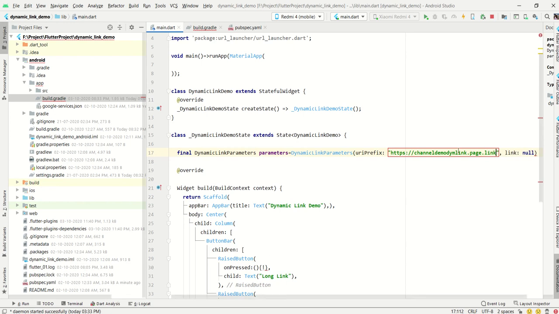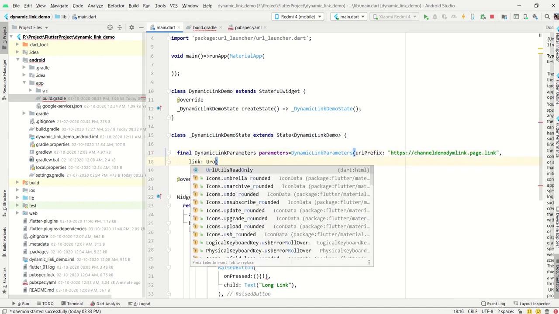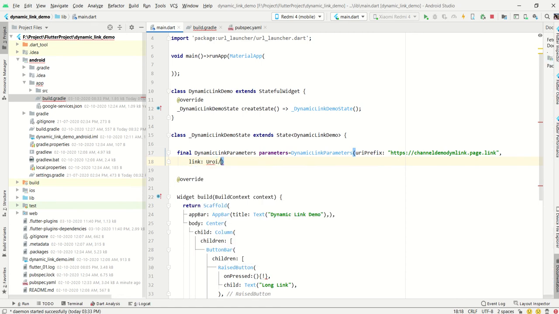This is the URL prefix, and then we have to copy it, and inside the link we have to pass Uri.parse, just a typecasting parse. Inside it we have to write prefix slash hello world.